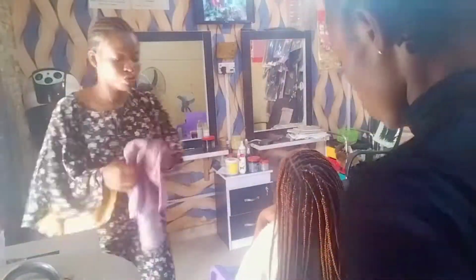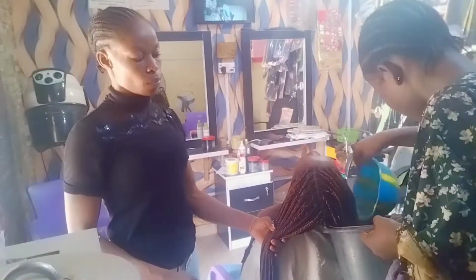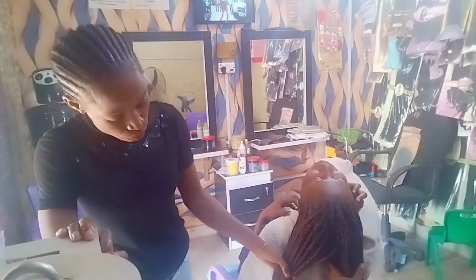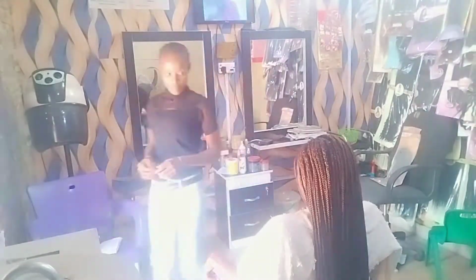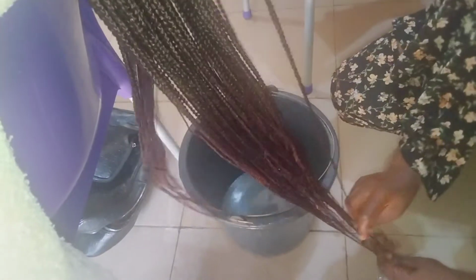After that, the next step is the hot water stage. This hot water stage, why we put hot water on attachment is for the hair to be smooth and for it to sleep well. Attachment that did not put hot water on is usually thick and standing, it doesn't relax to the hair. So